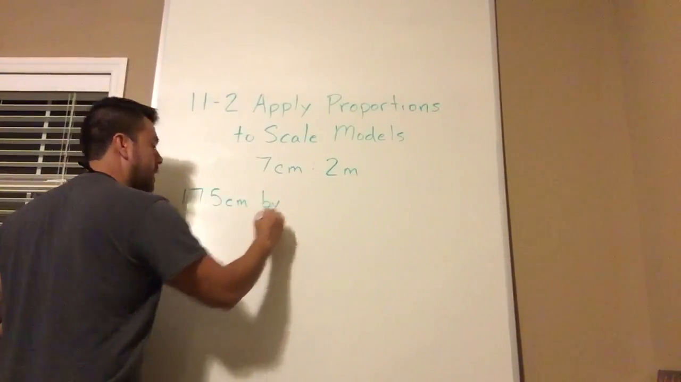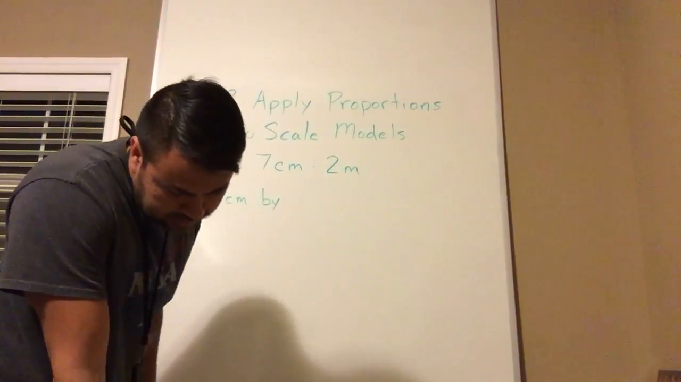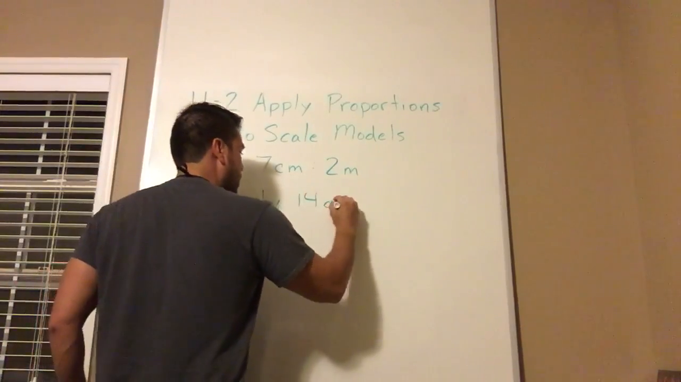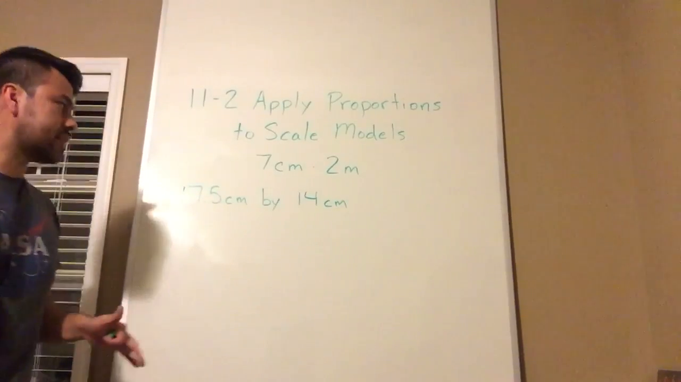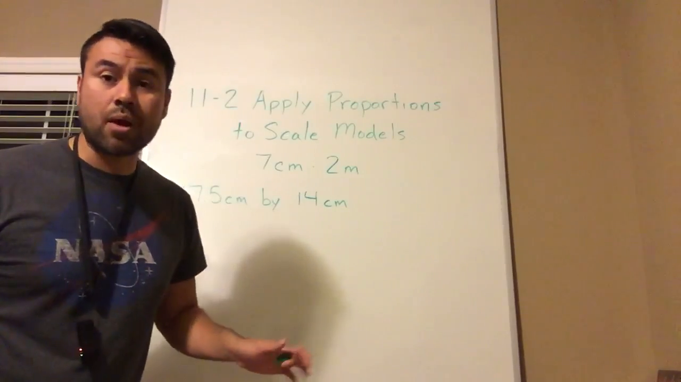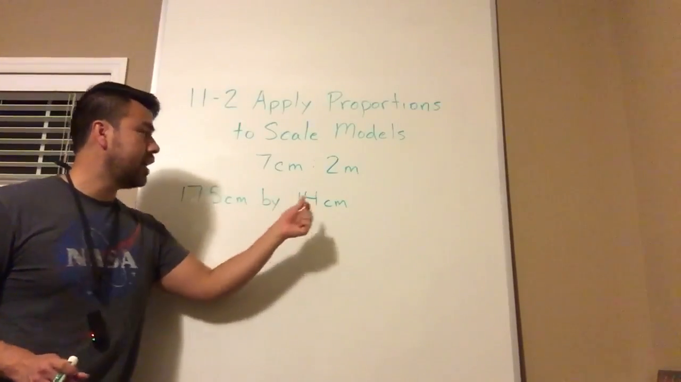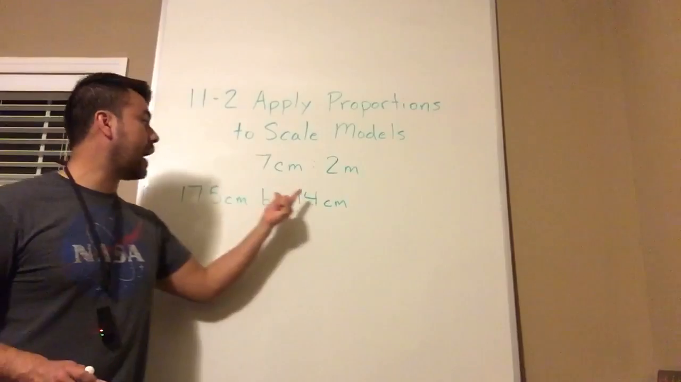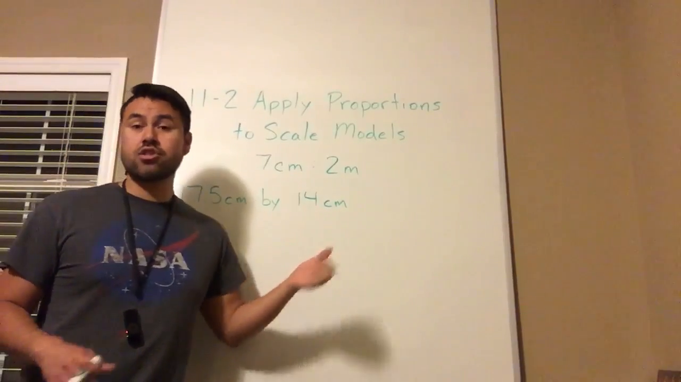17.5 centimeters by 14 centimeters? Now please don't get this confused. This is what you're going to have to do. It's the same thing as you did on the last problem, except you're doing it twice. You're going to have to convert this measurement into meters and this measurement into meters, so you're doing it 2